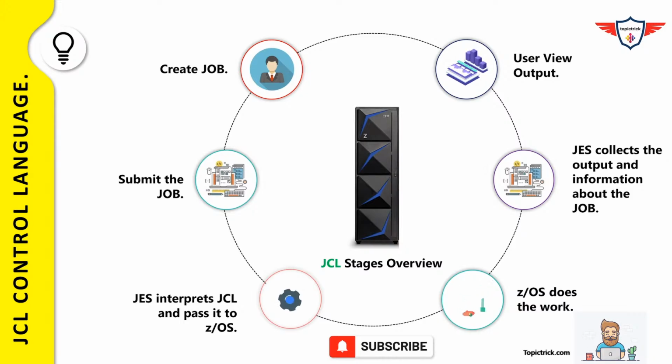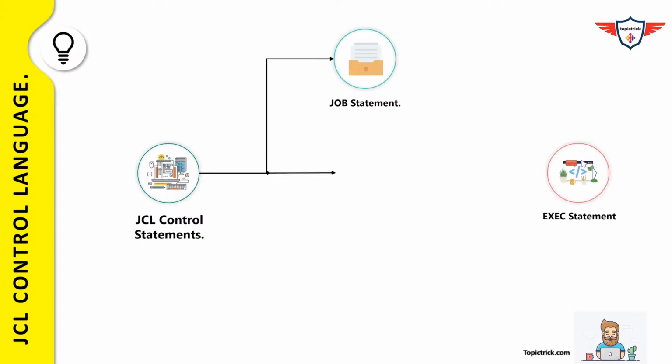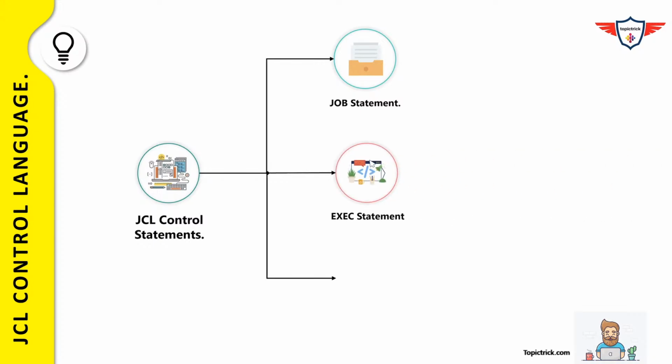Now let's talk about the job control statements. As you know, JCL is used to convey information to z/OS through a set of statements, and these statements are called job control statements. And there are three kinds of job control statements. First one is the job statement. A job statement actually marks the beginning of a job, and it is used to provide the vital information related